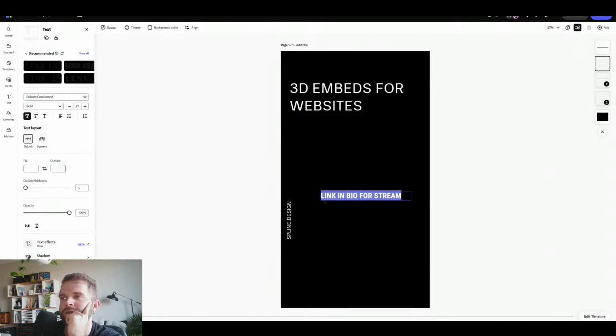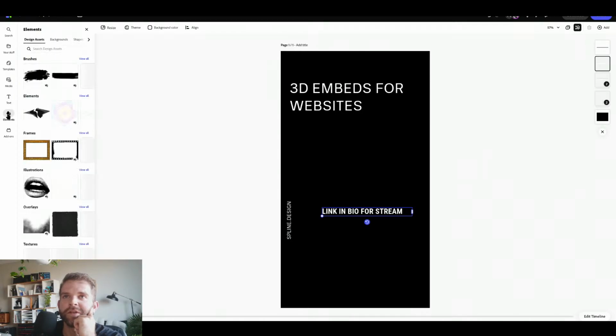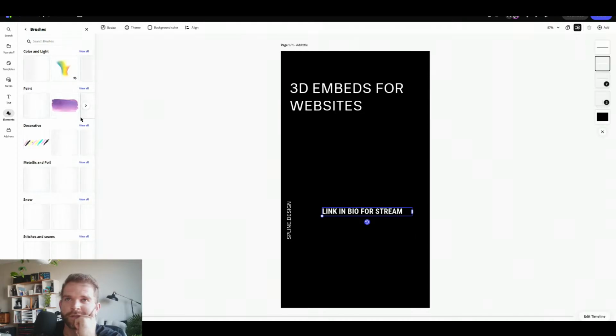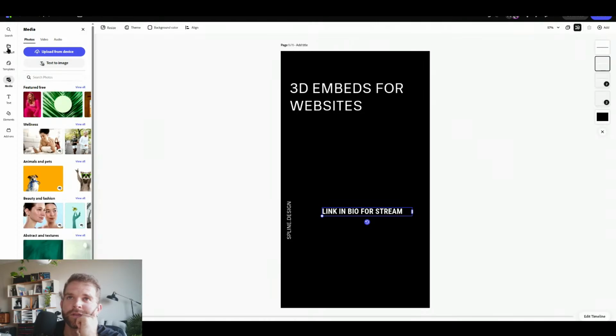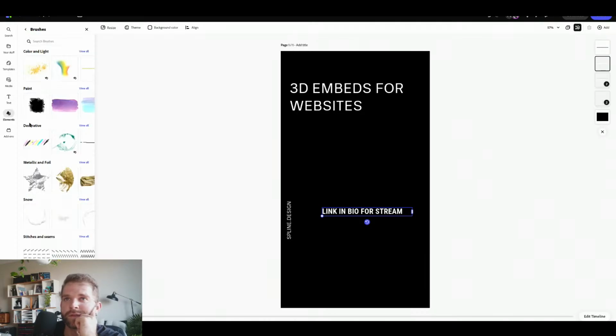And something I've been trying to play off of more lately has been doing little panels for text, or enclosing the text in some sort of shape element. So we can go to elements. We've got a bunch of stuff here. Actually, the brushes could be neat. Paint. It's a bunch of animated stuff. I would rather it just be still. So if I go to media, my stuff,